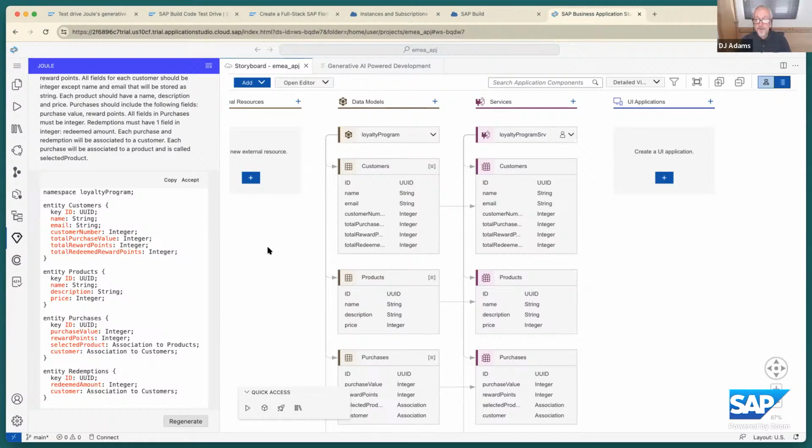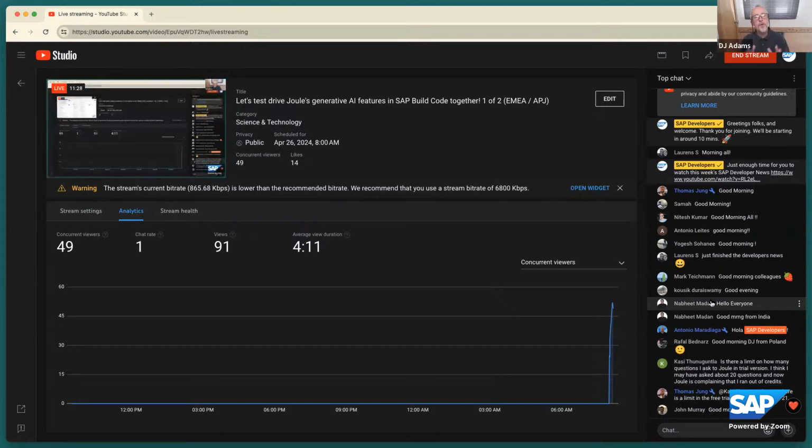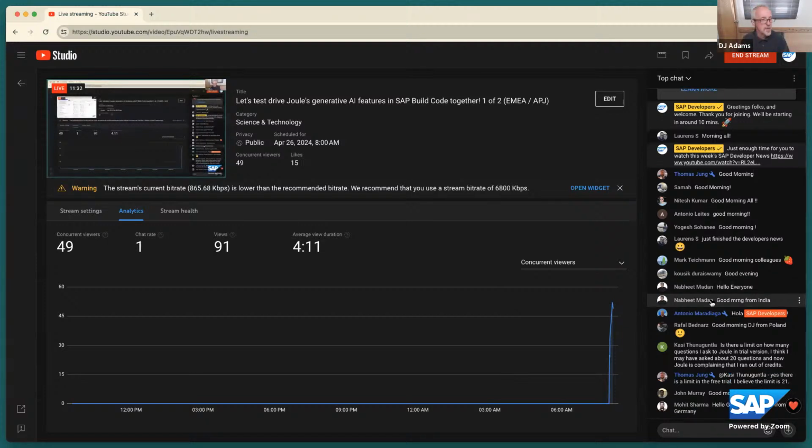Exactly. So I'm going to flip over to the chat. Oh, good morning to Rafał in Poland. Cassie says, "Is there a limit on how many questions I can ask Joule in the trial version?" Yes, there is a limit. I don't know what it is, but the limit is not so small that you can't run through the test drive. The whole idea is that there's enough quota for anybody to get a trial account and run through the test drive. But you better be quick, because it's ending today. The test drive period ends today, as we've been telling people a million times.